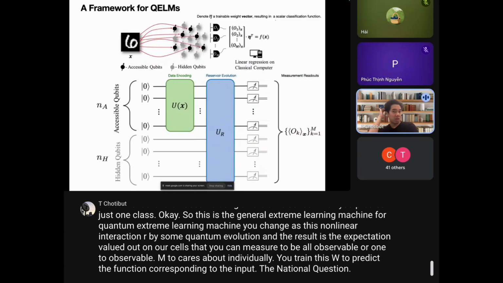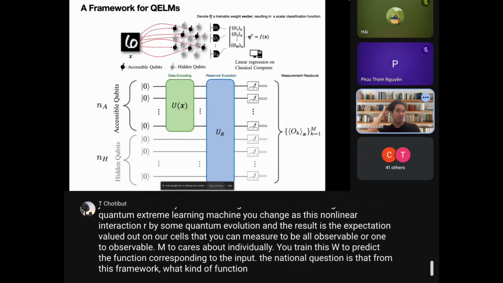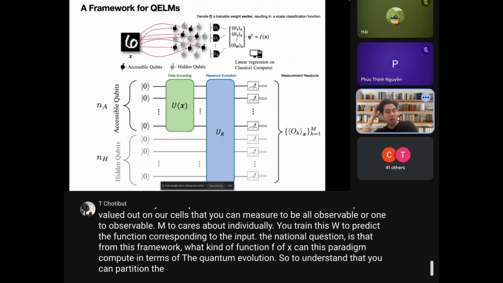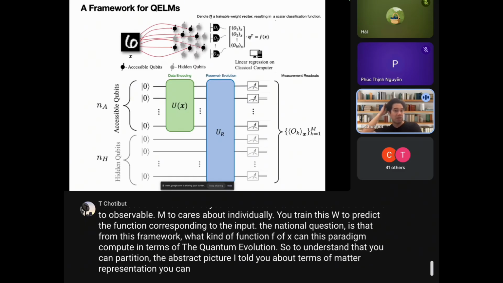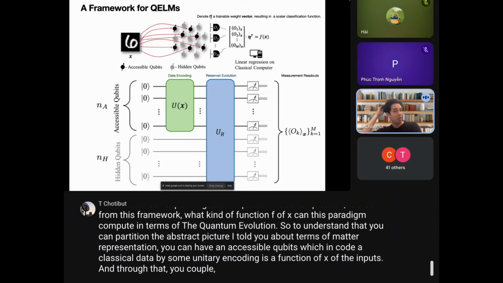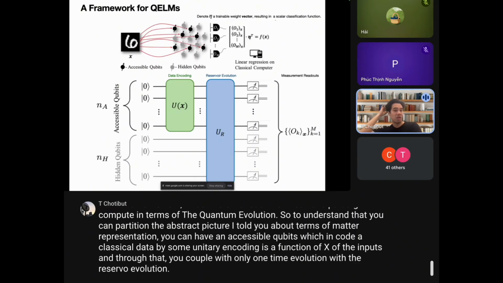The natural question is, from this framework, what kind of function f of x can this paradigm compute in terms of the quantum evolution? To understand that, you can partition the abstract picture I told you about in terms of mathematical representation. You can have accessible qubits, which encode the classical data by some unitary encoding as a function of x of the inputs. And through that, you couple with only one time evolution with the reservoir evolution through this UR with the hidden qubits also. The result is the M values of